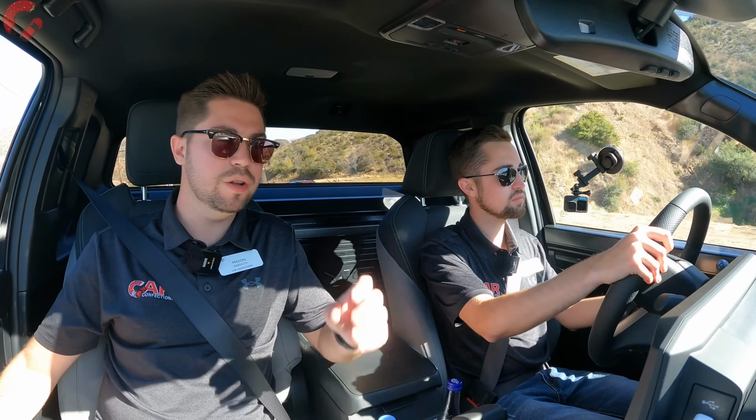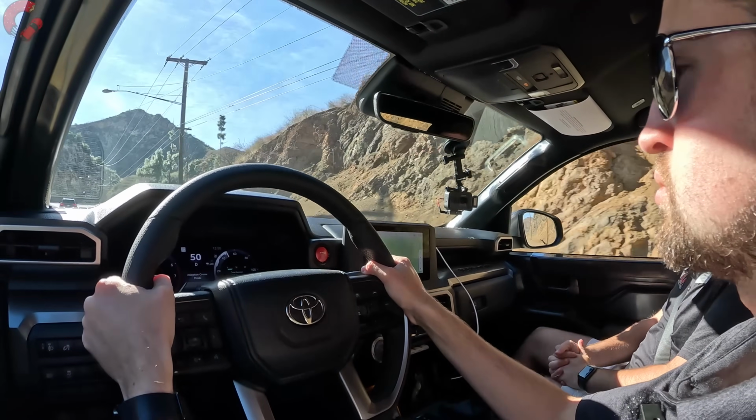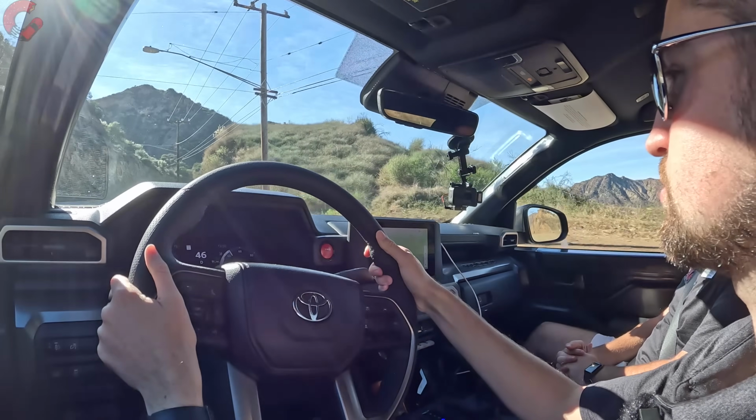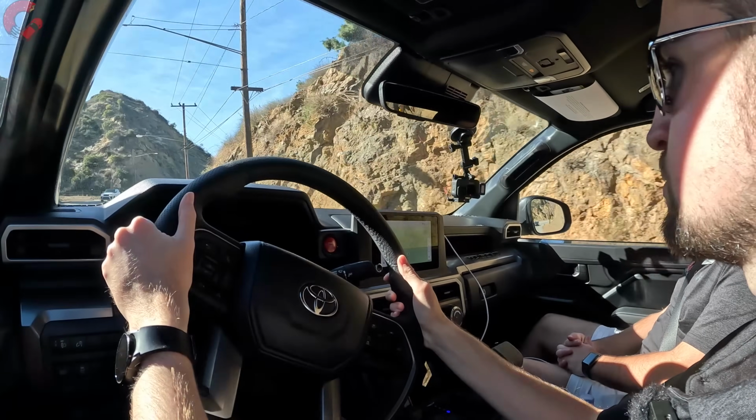And like we mentioned on the outside, this vehicle is actually 2-wheel drive exclusive. So that's one of the kind of weird things about the PreRunner, is that it's only available in 2-wheel drive. It's just going to be a kind of limited production model where they're only going to offer certain configurations. So that's something worth noting if you're going to need 4-wheel drive all the time. Probably not the trim level for you, but as far as fuel economy is concerned, it will get you a